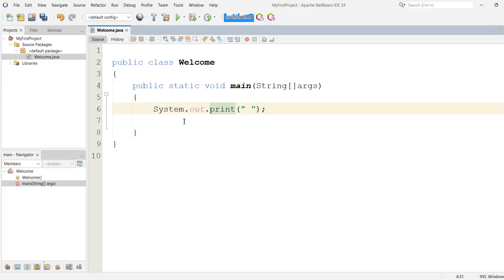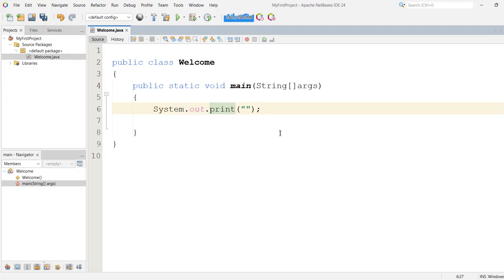This is the basic syntax for using the output statement. We use the class System, the object out, and the method print. And we use the open and close parentheses, and inside of that, we have the open and close double quotation marks. Whatever text we write inside of these double quotations will be displayed on your screen.